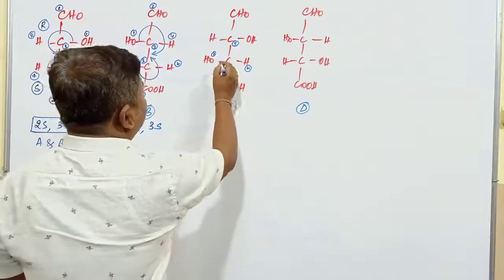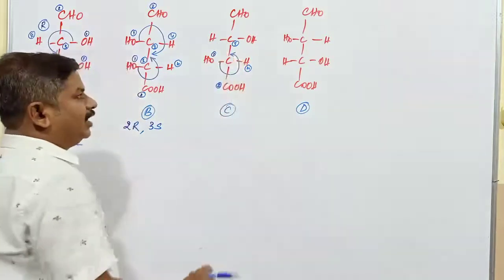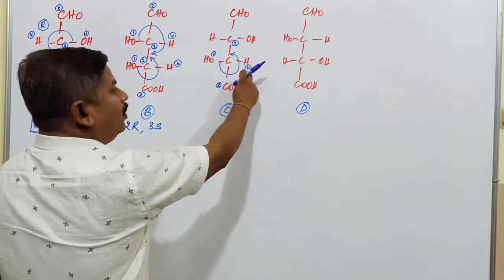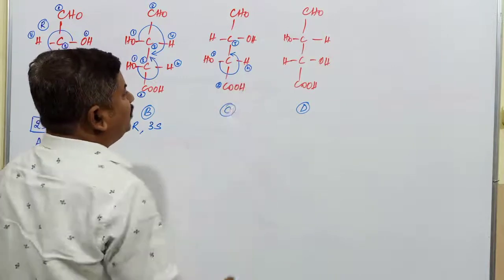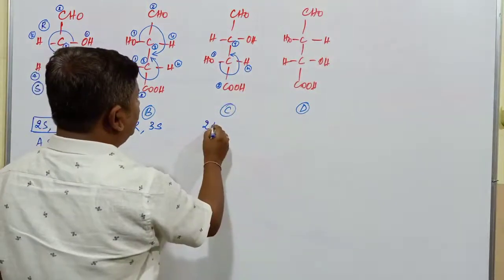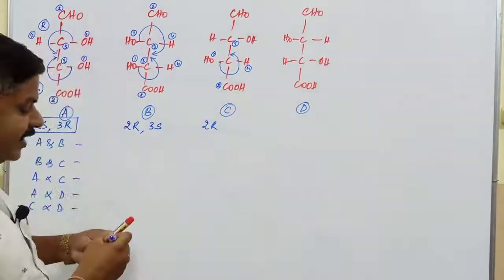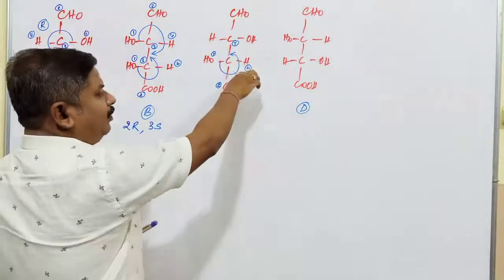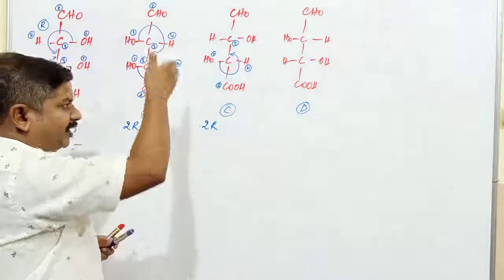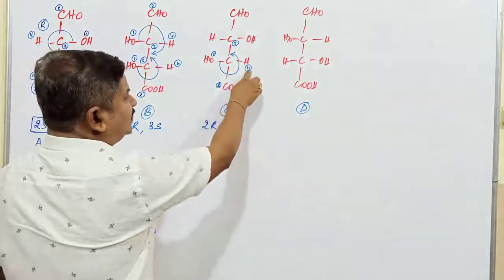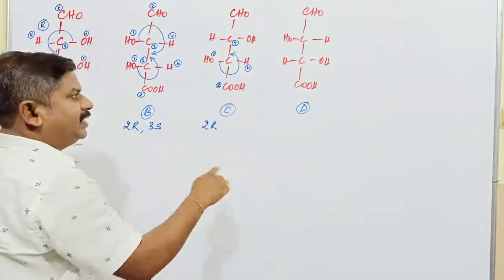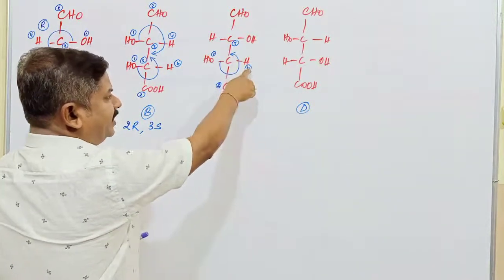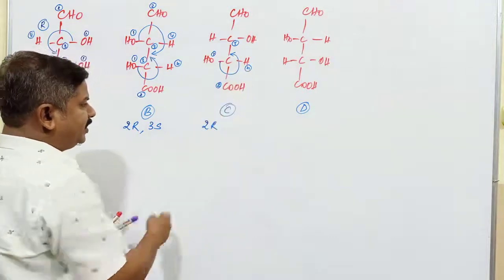Here the direction is going to be in this particular way. It is anti-clockwise, and anti-clockwise actually means S, but here it is present in horizontal position. When it is present in horizontal position, it converts into R isomer. If it is clockwise, it is R. If it is anti-clockwise, it is S when hydrogen or the lowest priority group is present below the plane or in vertical position. Whenever it is present in horizontal position, R converts into S and S converts into R. If it is in anti-clockwise direction, it is called S, but since it is present in horizontal position, it is 2R.